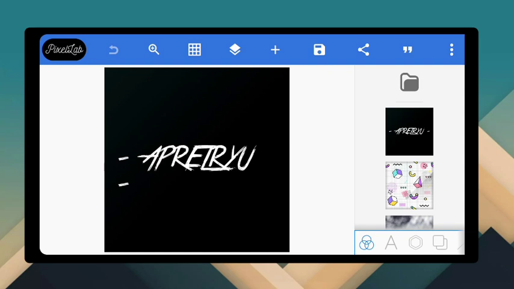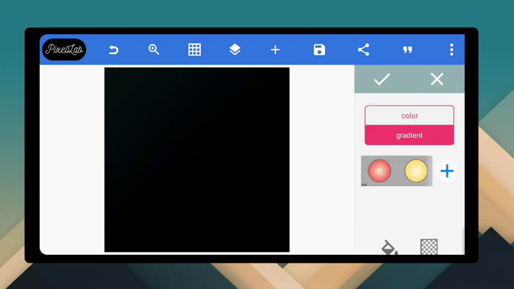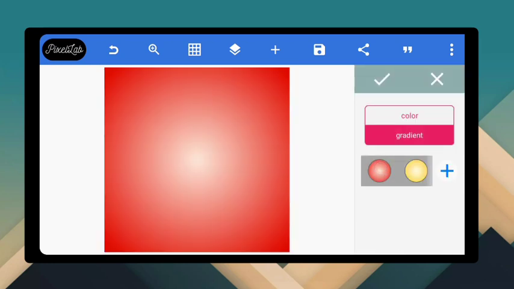Okay guys, welcome back. So delete what you have on your screen. Now let's set the background color. Come to color. Now this is the color that I'm making use of. Now I want to show us how to get this color. Simple. You can come to gradient like this, then you come to,